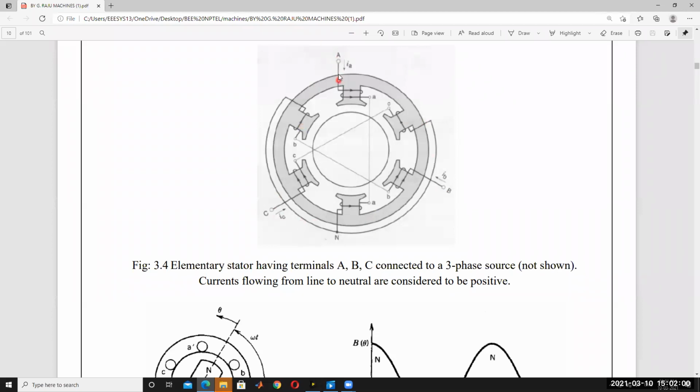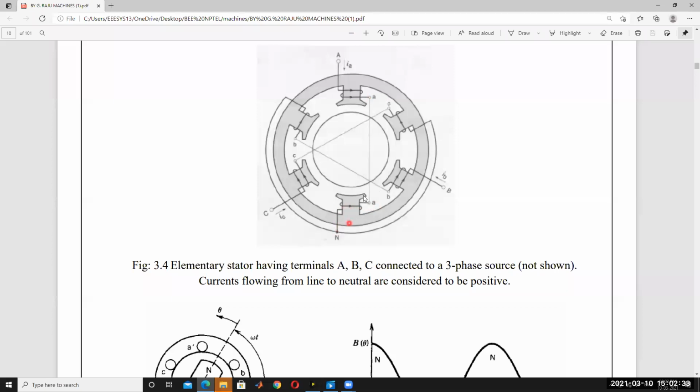So the A phase starts from here and is connected in this pole core. This is called the pole core. This is called the stator core. The R phase is connected as a winding in this manner, and this is called the A terminal, connected to the other side like this. This is called A dash. This is A and A dash, and it is connected to the neutral wire.